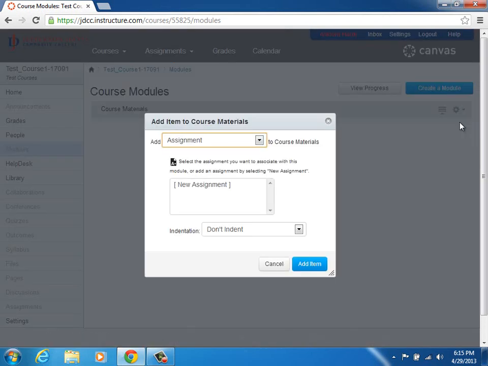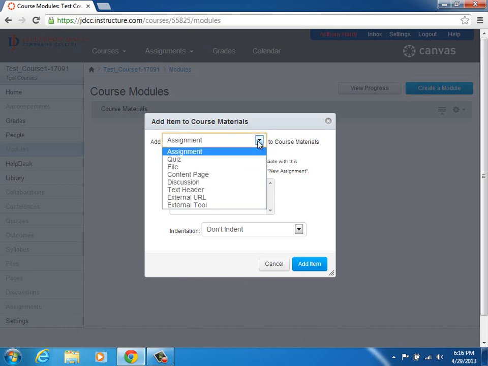And here's where Canvas starts to work, for real. Remember how I said we needed our syllabus to be first? And how I said that, don't worry, your assignments will still be there. Don't worry, quizzes can still be there. You'll still have files, you'll still have pages. Here's where you add those items within Canvas. When you add them, they're going to appear here, and they'll also have a link over in their corresponding